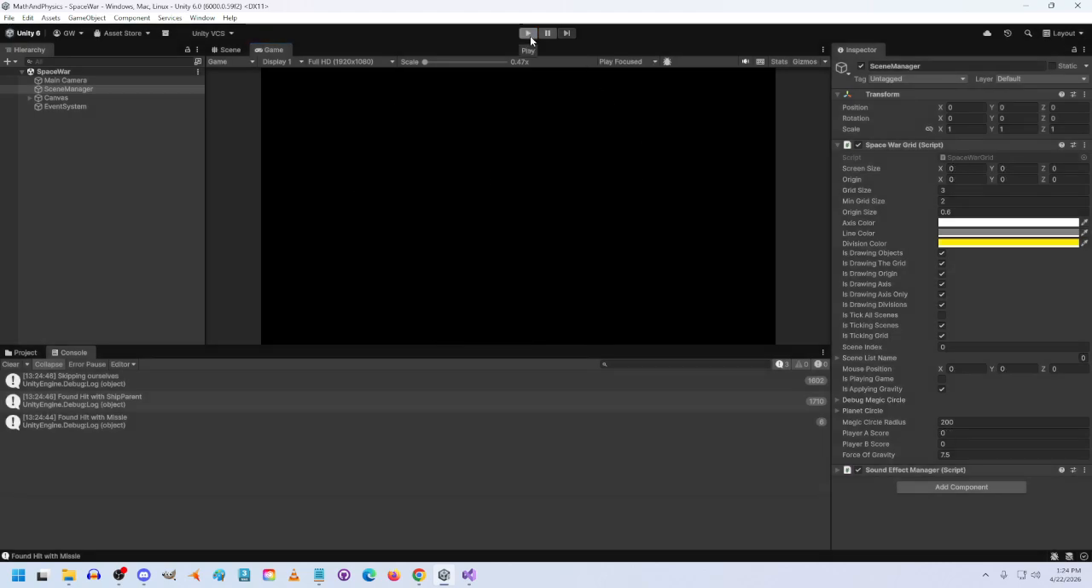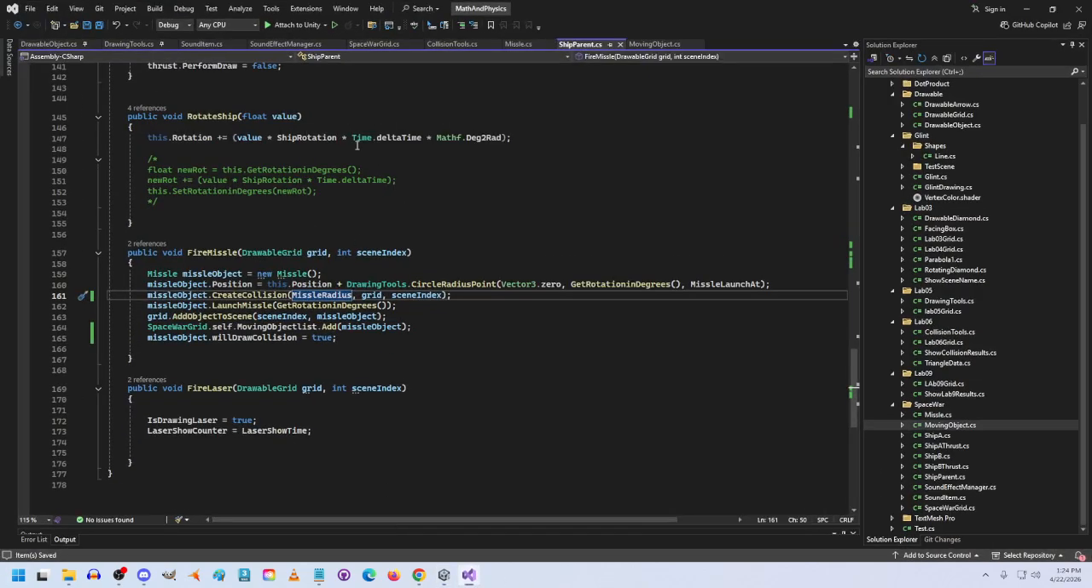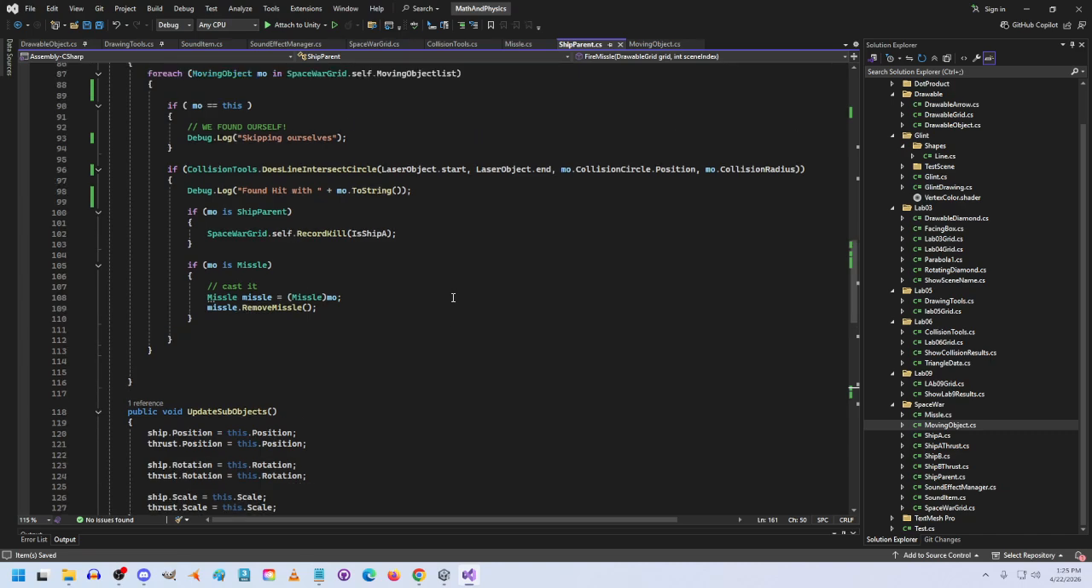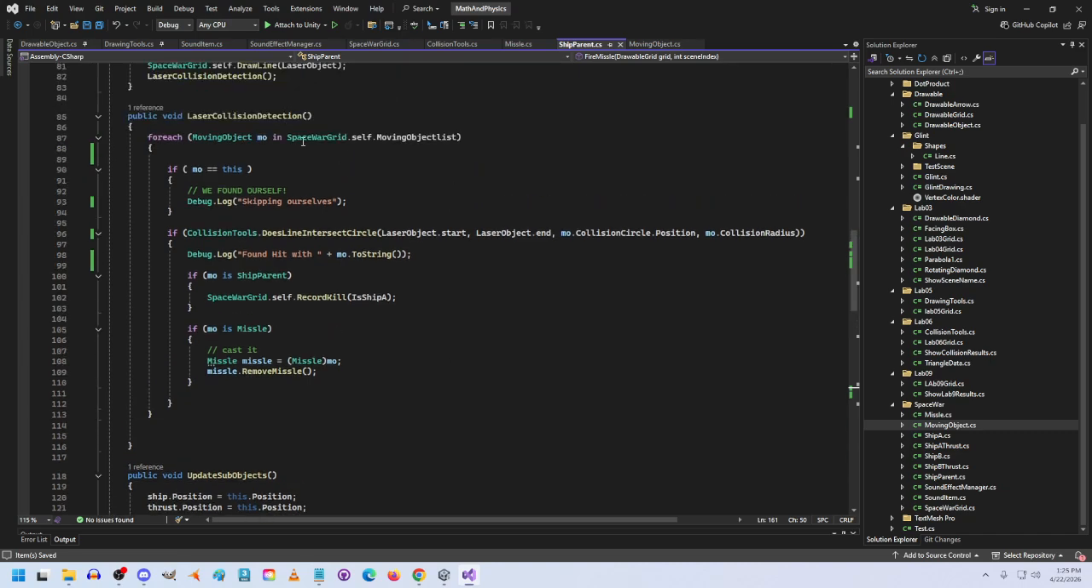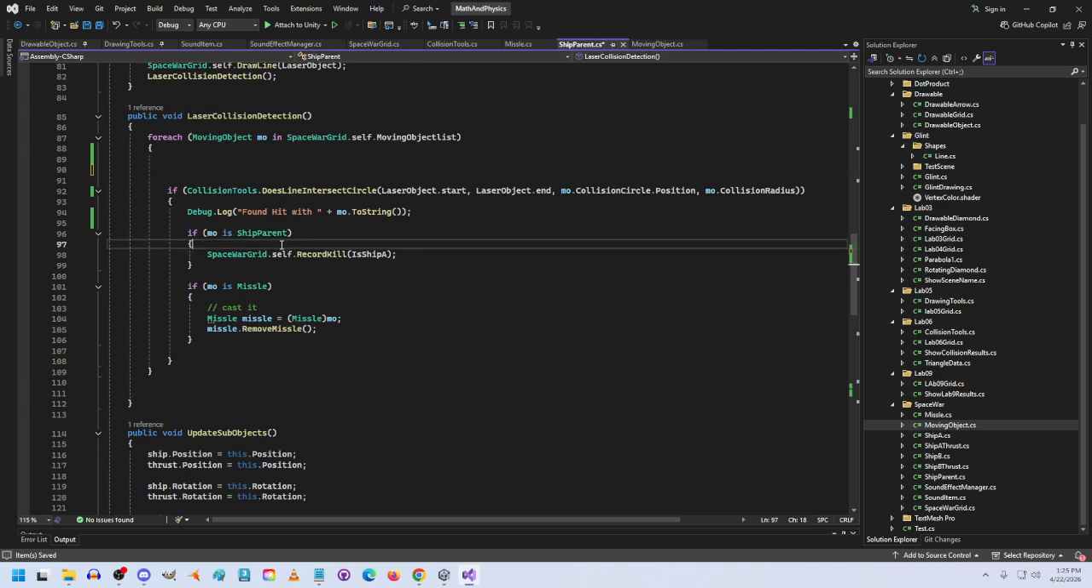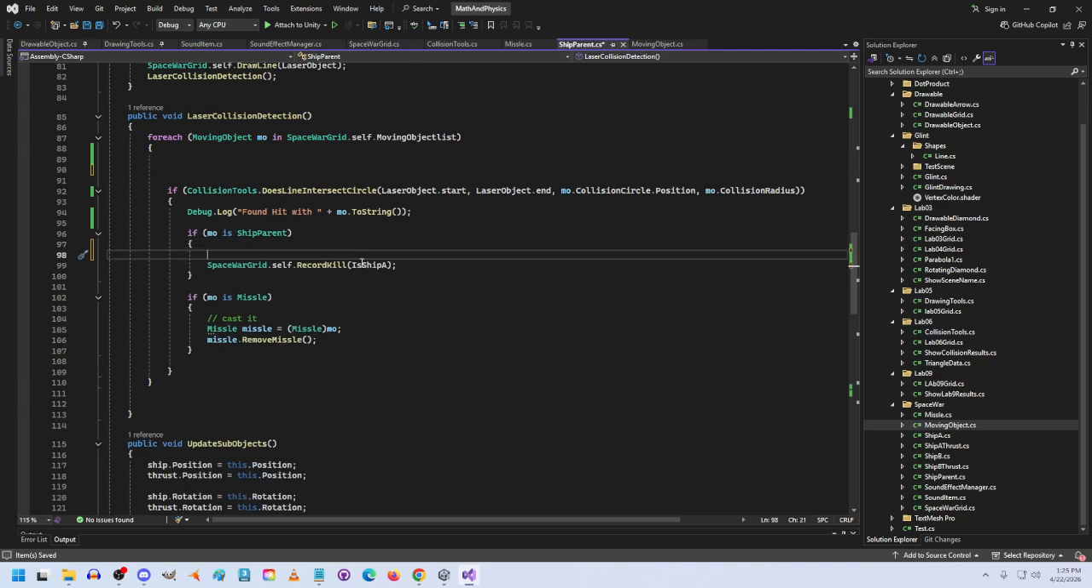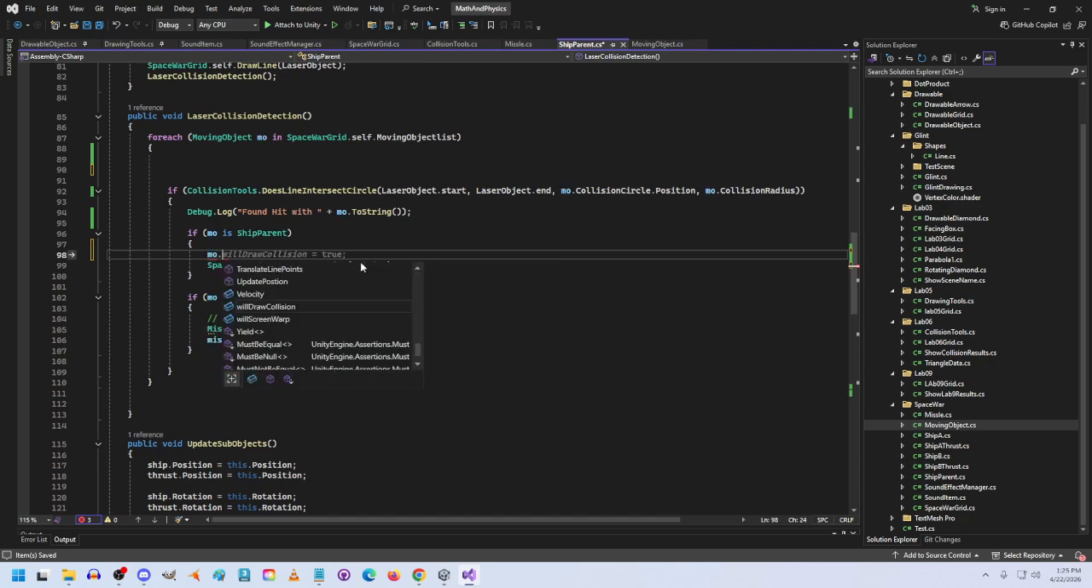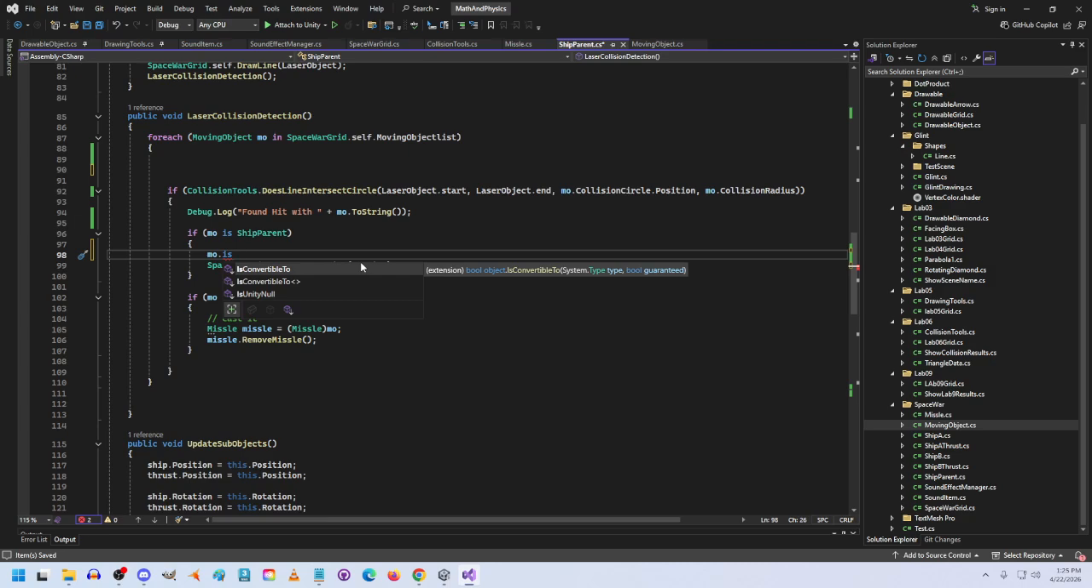It is recording a hit with ship parent. So we've got to go again. Actually, here's how we're going to do it. If the missile object is kill ship